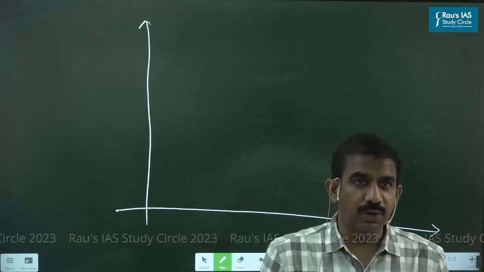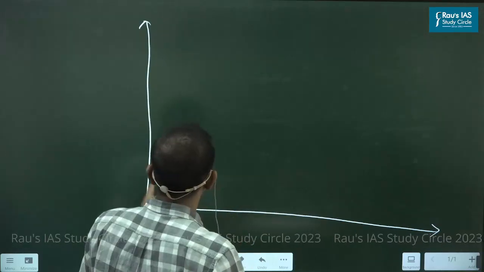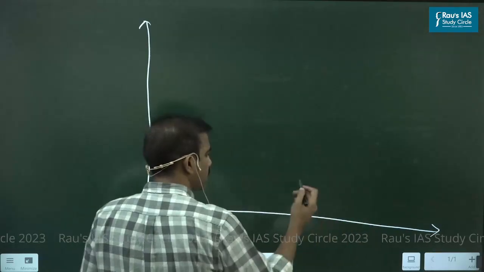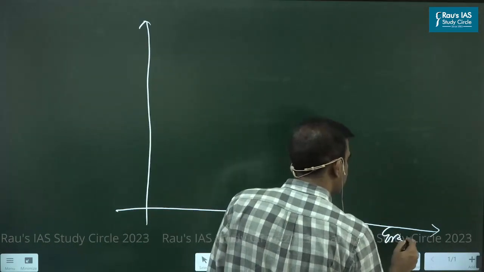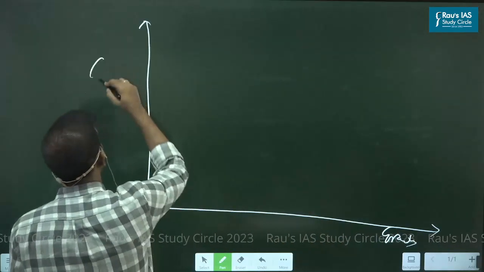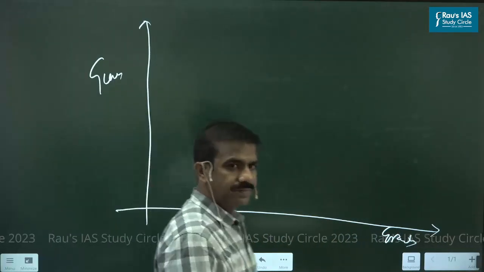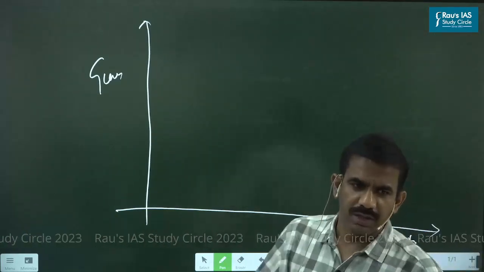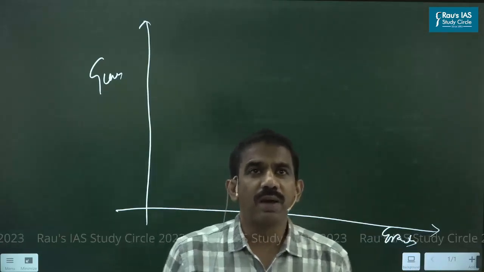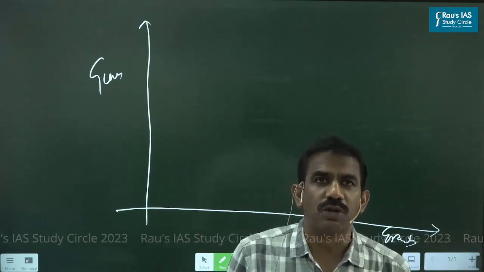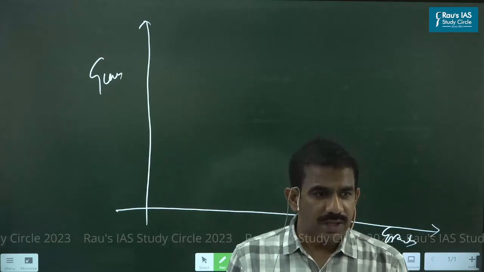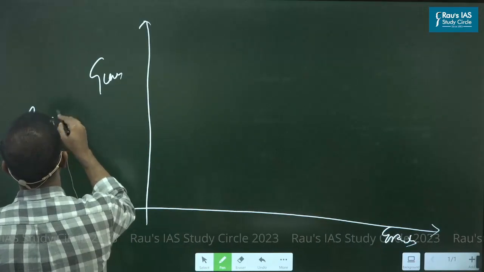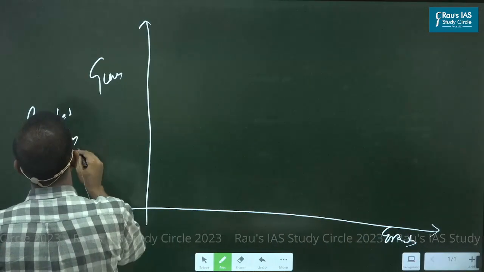Yes. So now coming to the question, coming to the aspect of discussing, I said people face a trade-off. So let me take this case. You remember, long back, I gave an example in my general studies class. If I take grains on the x-axis and guns on the y-axis, guns and grains, or guns and butter, bread and butter, anything. Just take two goods. Again, I am coming with a simple model. What was the model I'm assuming? Here is an economy which has limited resources at its disposal. Limited resources, that's the first assumption I'm making.